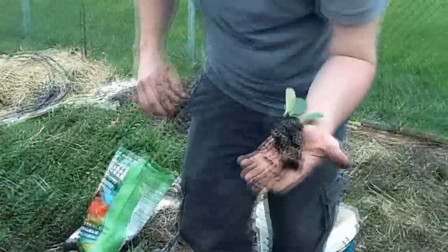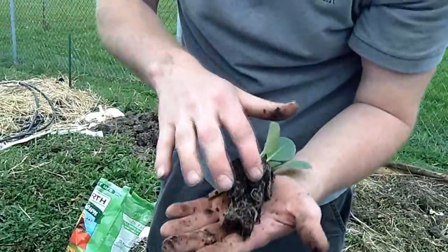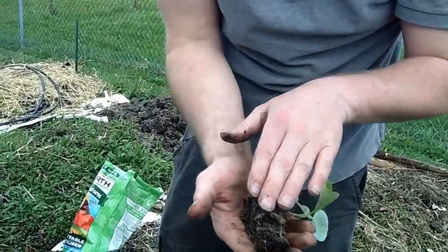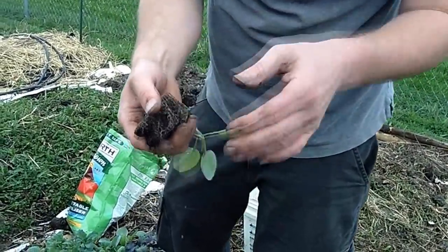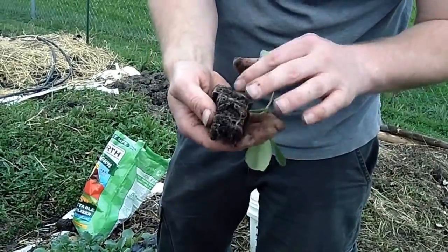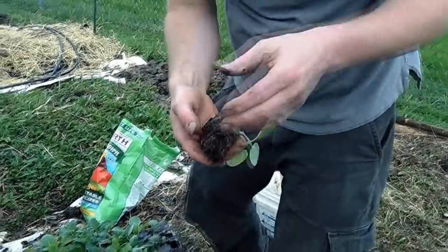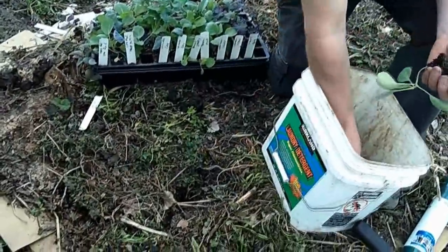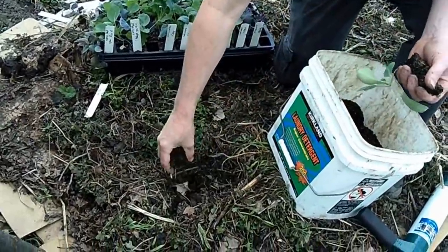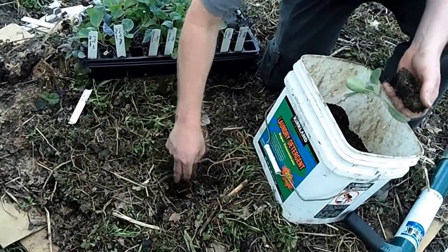Here's a very good example of what the root maker tray does. It air prunes the roots for a very nice root system, and you don't get the wraparound that the traditional slick-sided containers would give you. Okay, so remember I dug this 6 inches deep, and I'm going to backfill with about 3.5